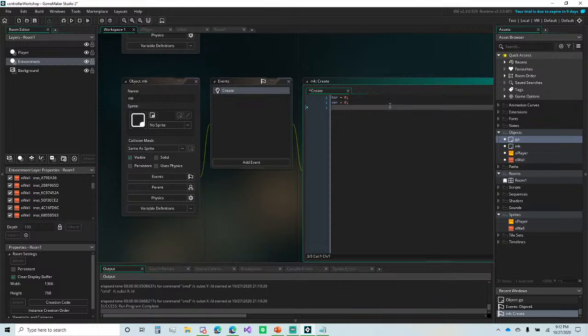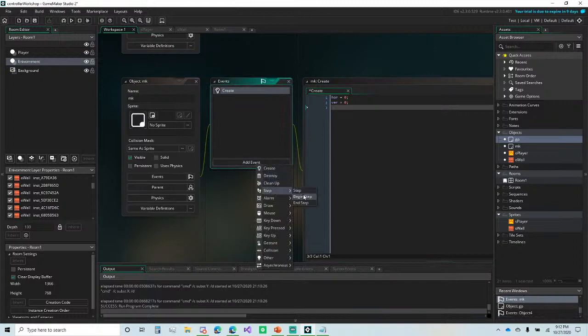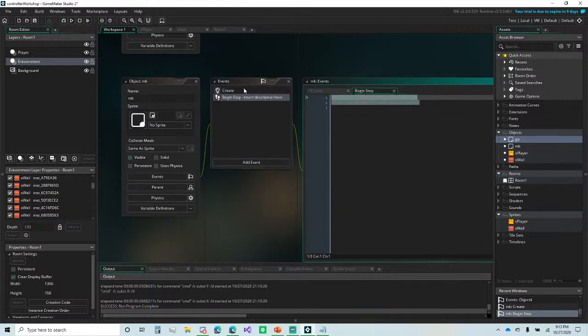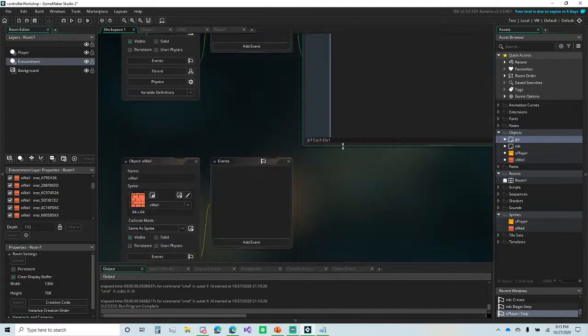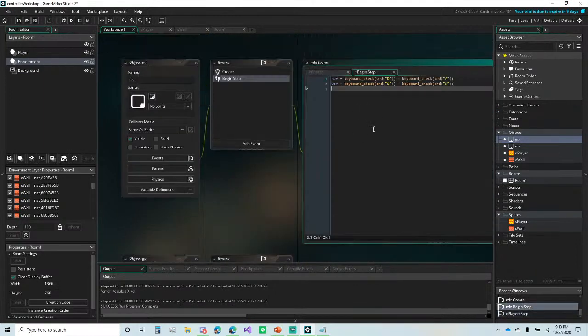All right, so right there, we created the horizontal and vertical option variables. And now let's go ahead and do a begin step. So this is going to be at the beginning of a step execution. So we're only going to be looking for the same thing over here. So we'll actually remove this part right here and throw it over here. All right. And I don't only want these to be like that. So let's also include